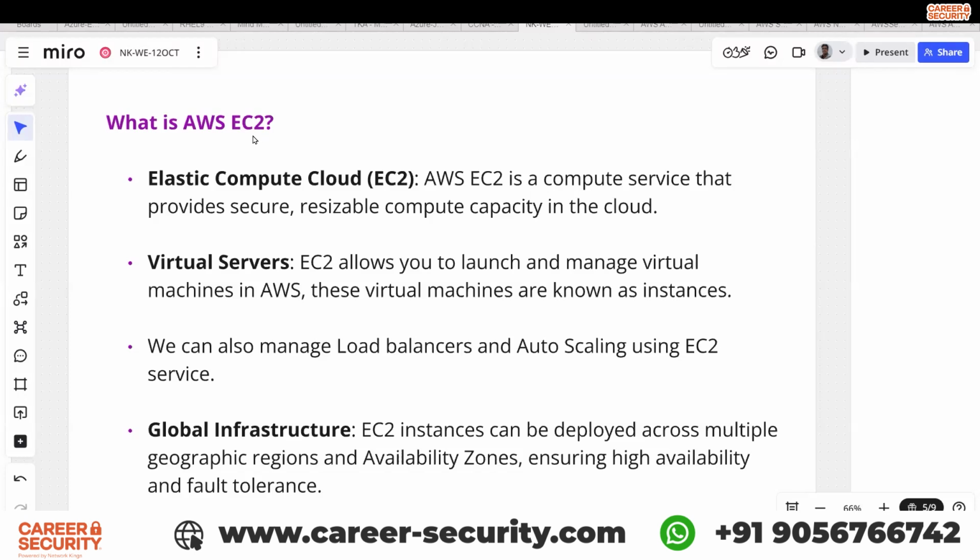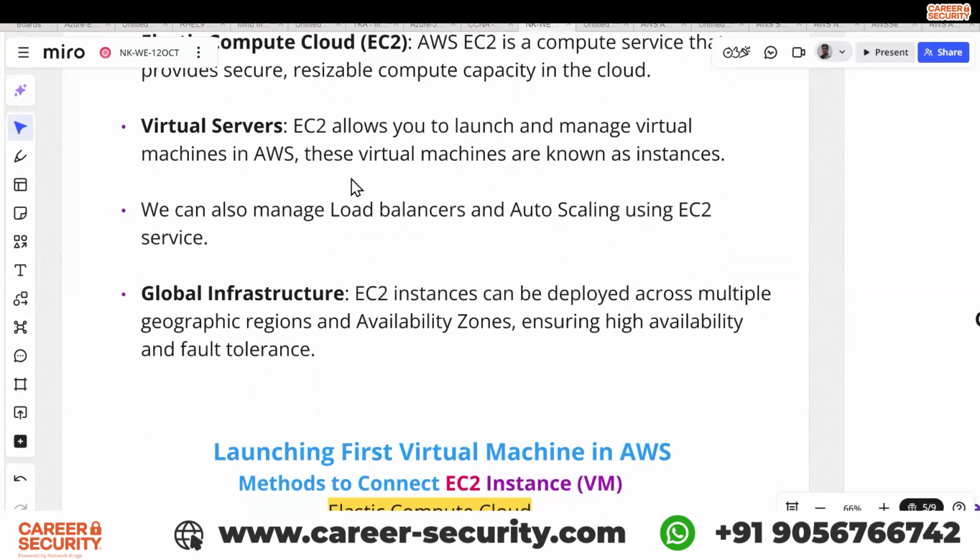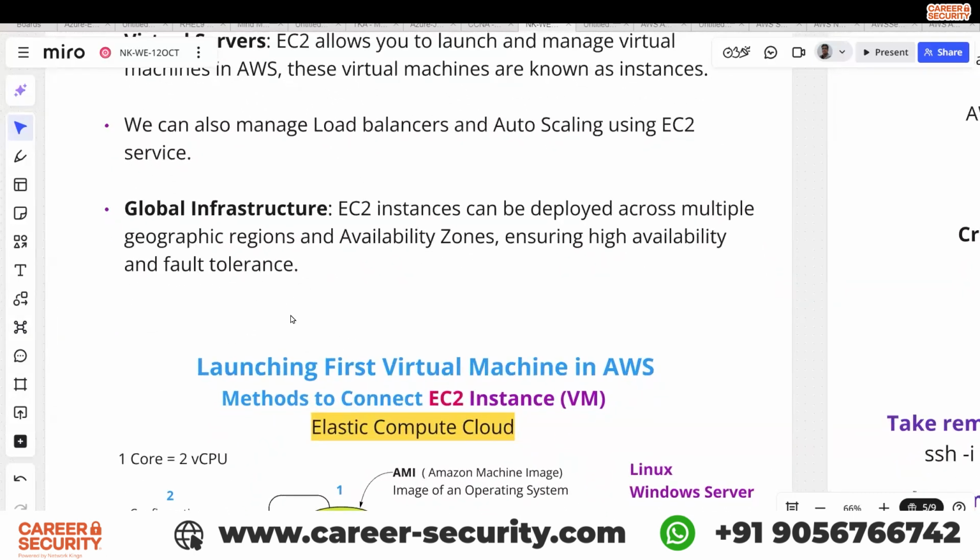If you want to create a server, if you want to manage a server, if you want to create your virtual machine, if you want to manage your virtual machine, the service name is EC2. EC2 stands for Elastic Compute Cloud. Right. Now we have various